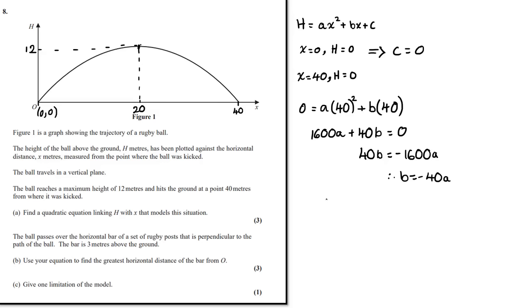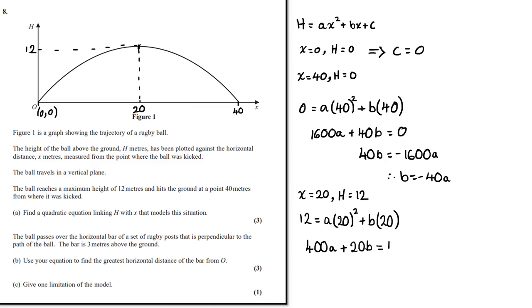Okay, so what we can also say is when x equals 20, we know the height is 12. And again, what we can do then is substitute these into this quadratic here, and we can obtain another equation. So therefore 12, so that's h, so h is equal to a lots of 20 squared plus b lots of x, so that's 20 again. Okay, and again it's plus c, but c is equal to 0. So what would I get here? Well, I'm going to get 400a plus 20b